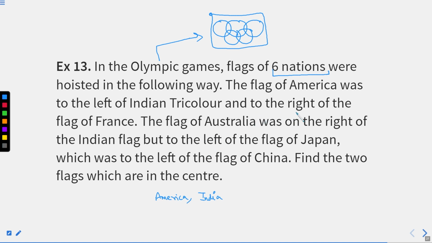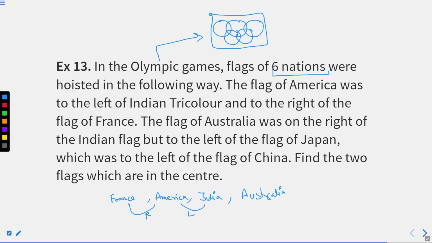And to the right of France. To the right of France means the American flag is to the right of France. Here it is left, for France it is right. Right? The flag of Australia was on the right of the Indian flag. Okay, here it is the Indian flag, so we'll mark on the right side,